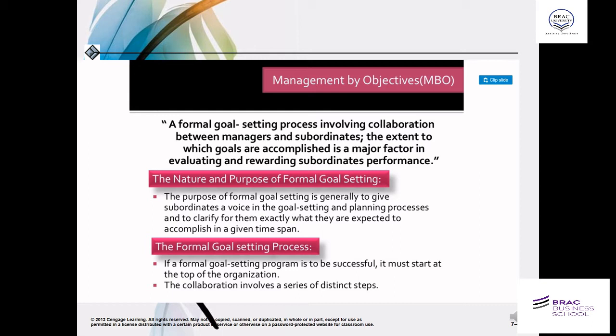And here we are going to set the goal in a more formal way, and it may start from the top level of the organization, but collaboration could be a series of steps. When we are doing it from the top level, we can make some collaboration, and that practice may be done from top to down.